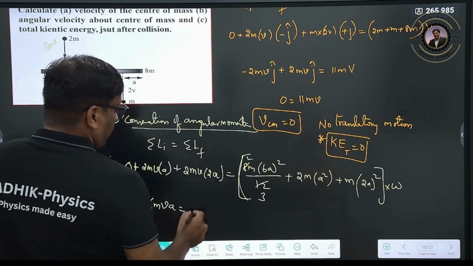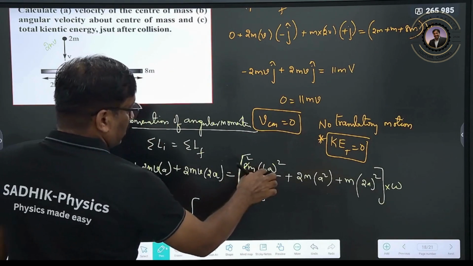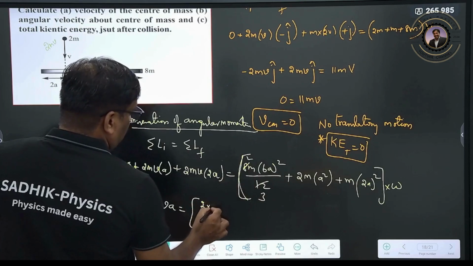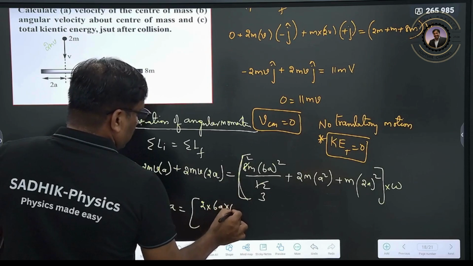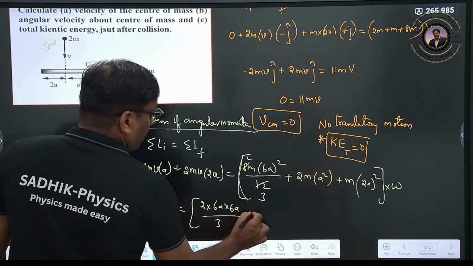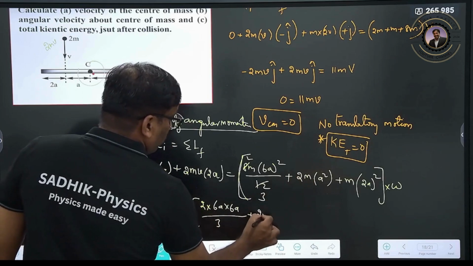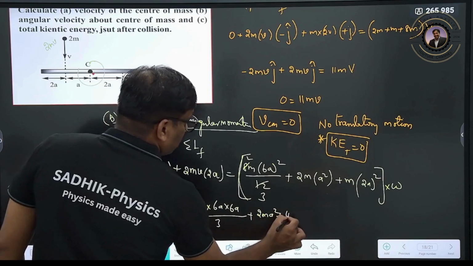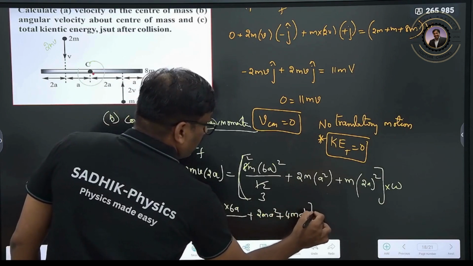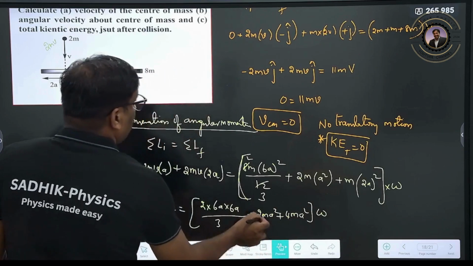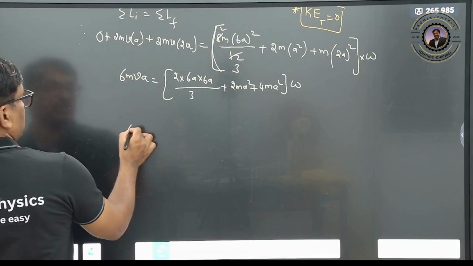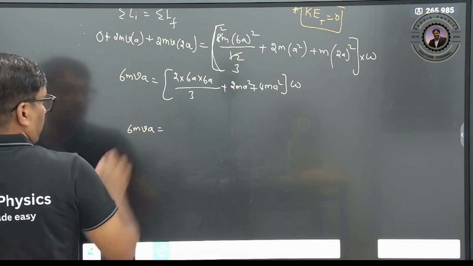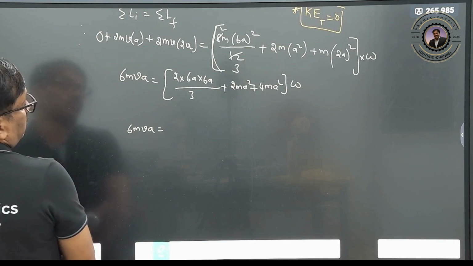So this one you can rewrite as 2 into 6A into 6A divided by 3, plus, therefore 2MA square plus 4MA square into omega. Let us simplify this one, no? Right, 6MVA it will be equal to